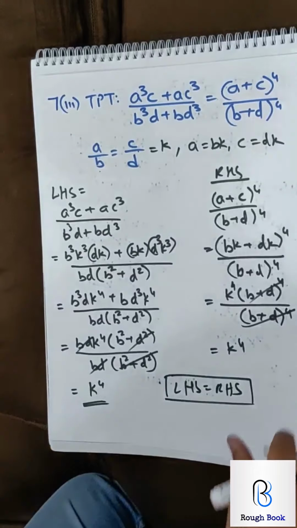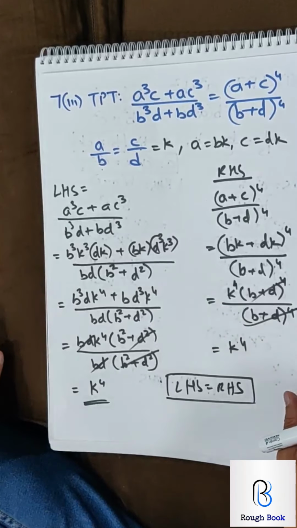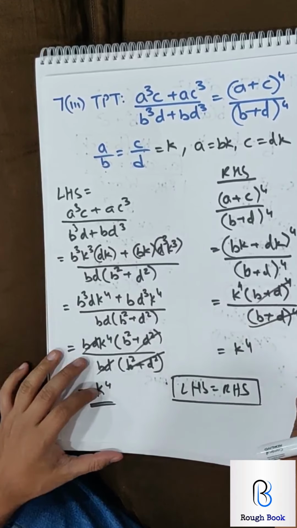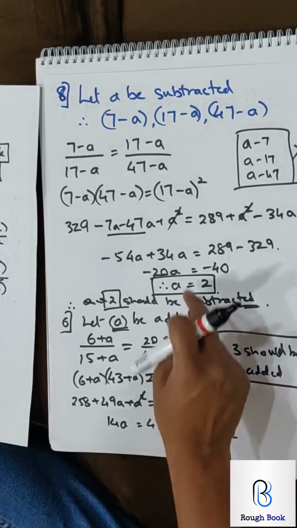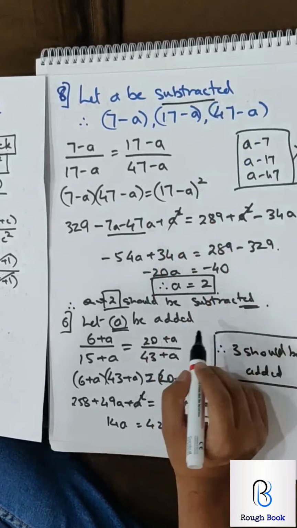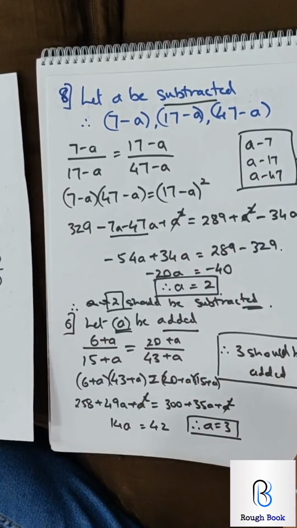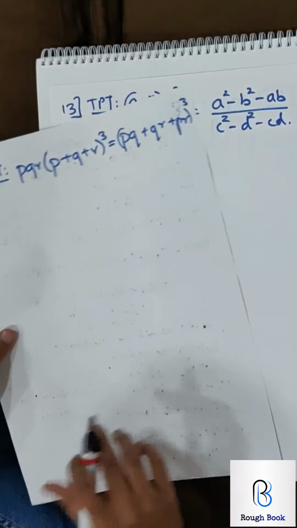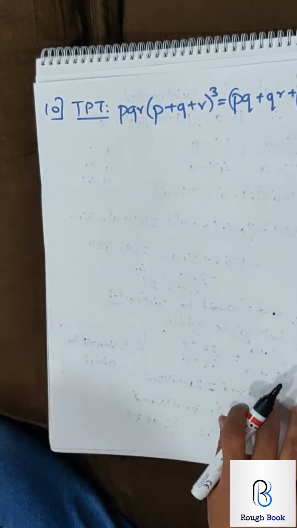So the first type of question is find the third proportion, fourth proportion. Second type, what should be added or subtracted, we did that. The third one, the K method. We'll take a few more sums in order to understand. This is the second type, what should be subtracted or what should be added, the K method. And initially we did the third and the fourth proportion. Now what we are going to do is we will take a few more sums of proportion, the K method, in order to solve and practice more.